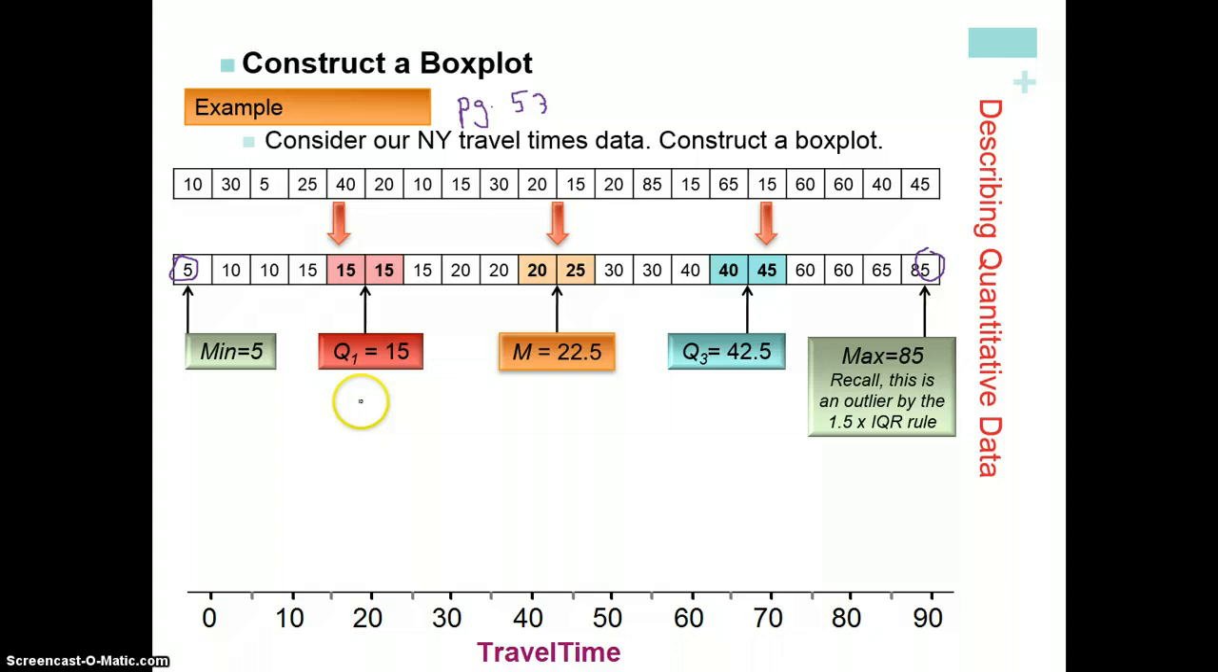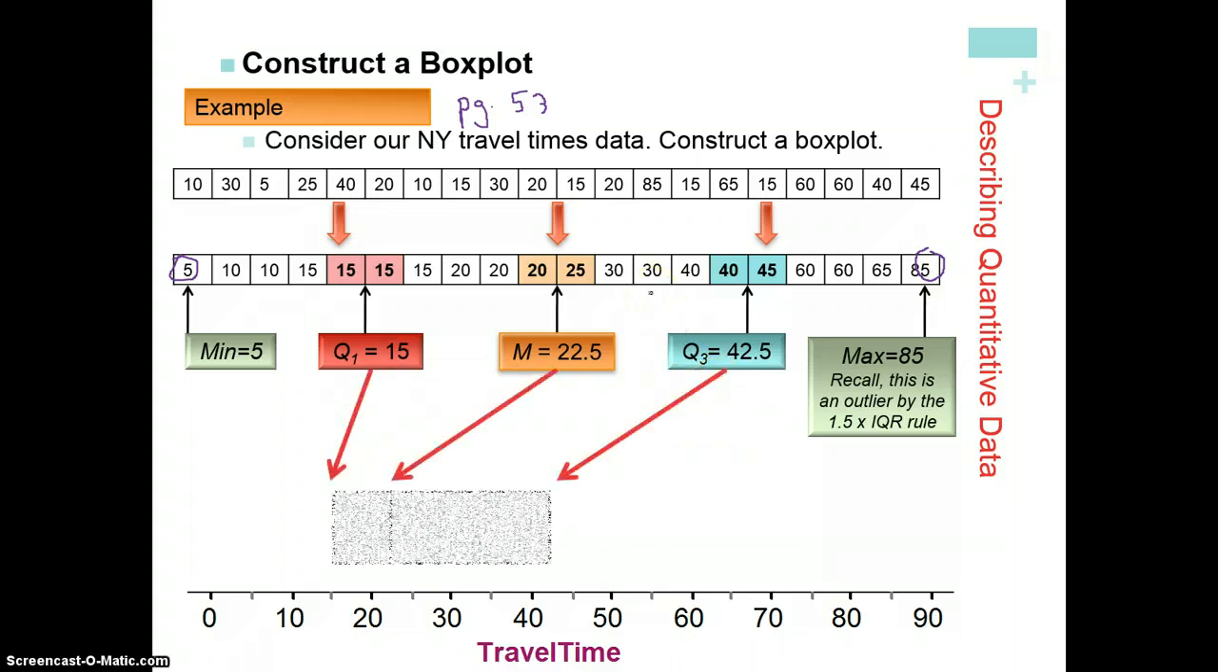So the first step is we make our box with our first quartile and our third quartile, and we show where the median is located. So we have the first quartile at 15, right? We have the third quartile at 42.5. Notice our x-axis is in the range of our data values, and also it is labeled as travel time, labeled correctly. And then our median falls at